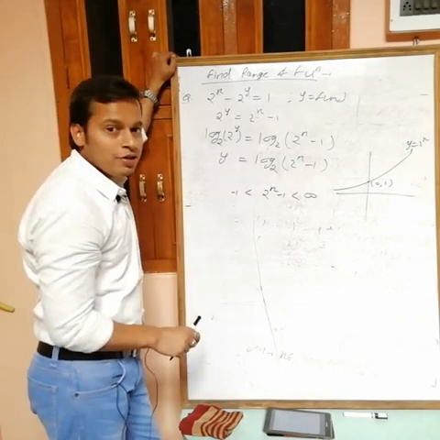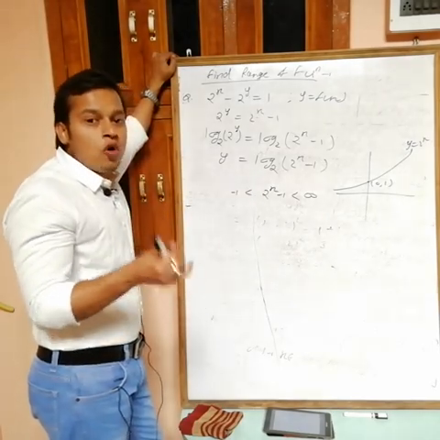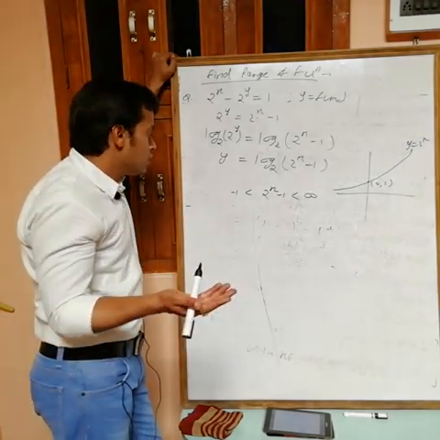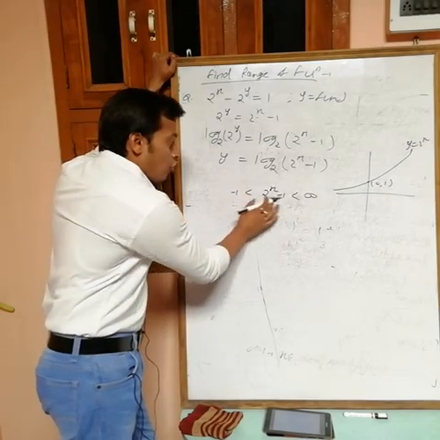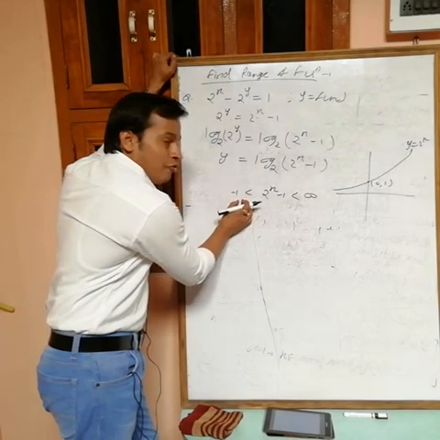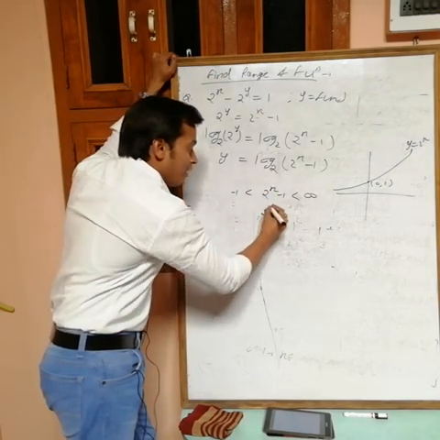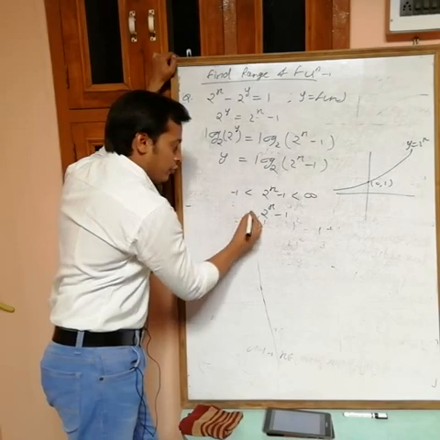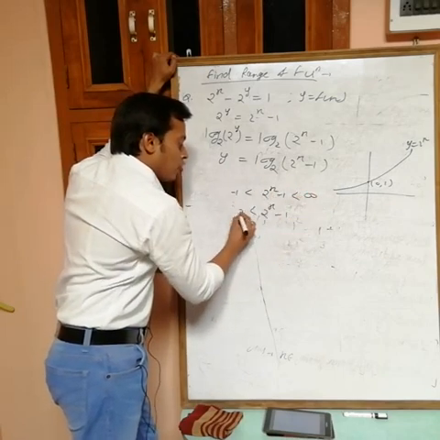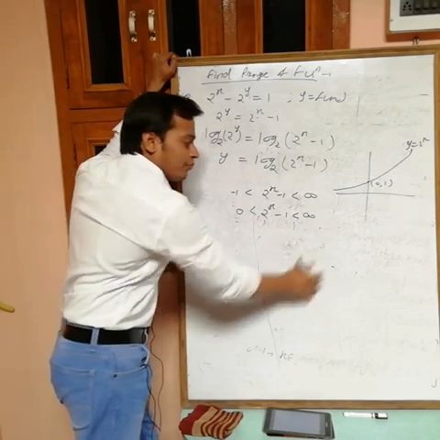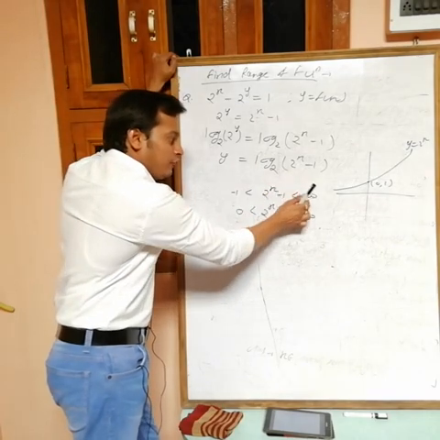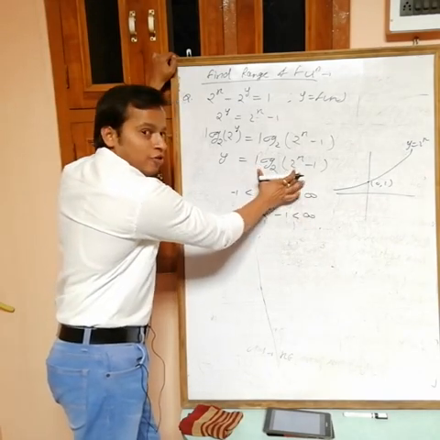Now I have to take logarithm, but again we have a problem. Logarithm is only defined for positive values. You can't take logarithm for negative values. Okay. So this can take all values from minus 1 to infinity, but in case of negative, we can't take logarithm. So I am limiting this range. It means this can take minus 1 to infinity, but we don't want the value of this one, we want the value of this one.